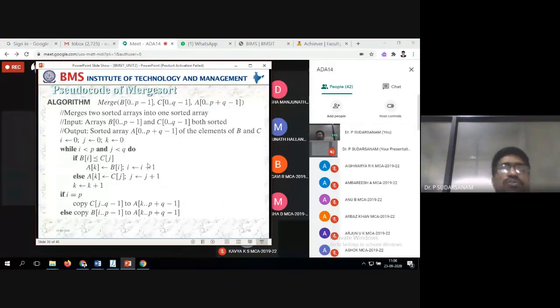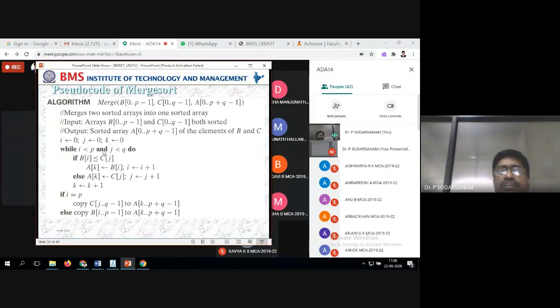Next, what I told you is merge: B of 0 to p minus 1, C of 0 to q minus 1, and A of 0 to p plus q minus 1. Here p elements and q elements, that is the second array, and the original array has p plus q elements. To merge the two sorted arrays, initially i equals 0, j equals 0, k equals 0, while i is less than or equal to p and j is less than or equal to q.